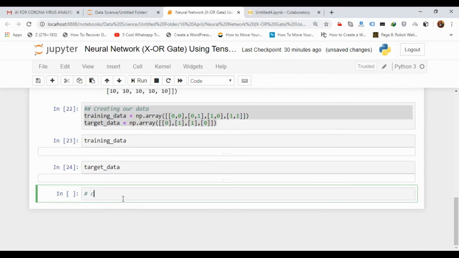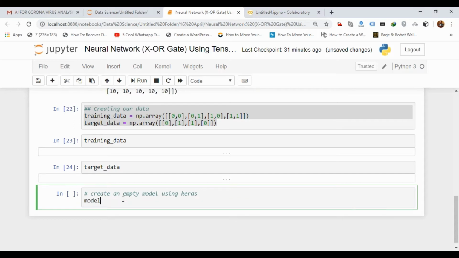So we'll create an empty model using Keras. Keras is an inbuilt library in TensorFlow itself. Okay, model is equal to model.